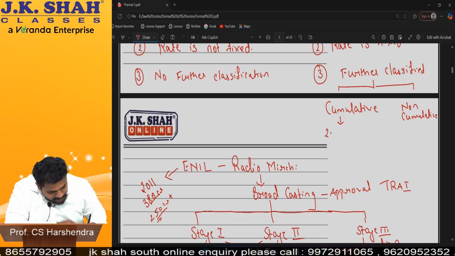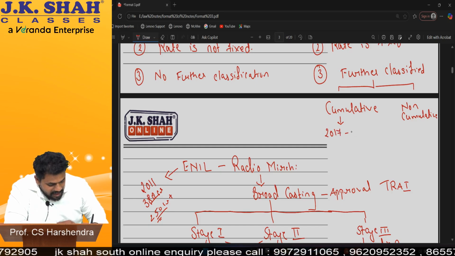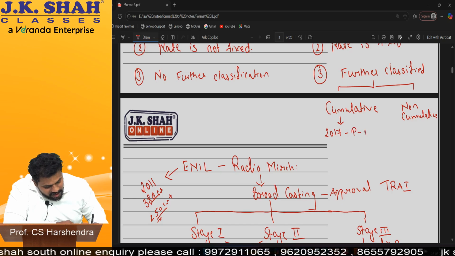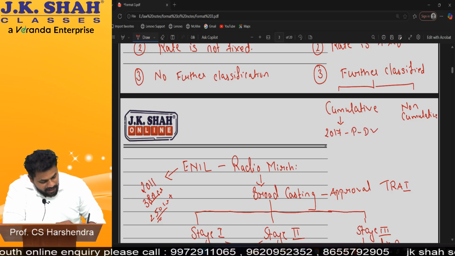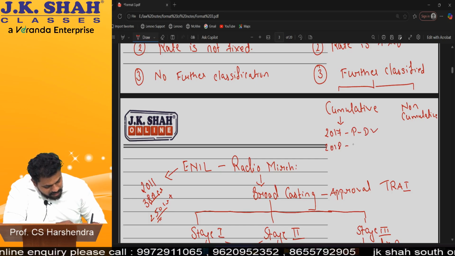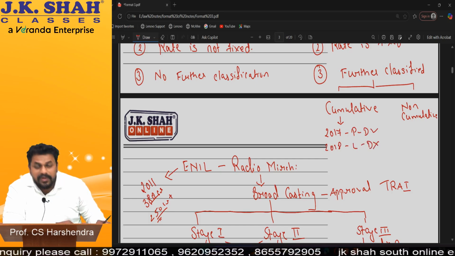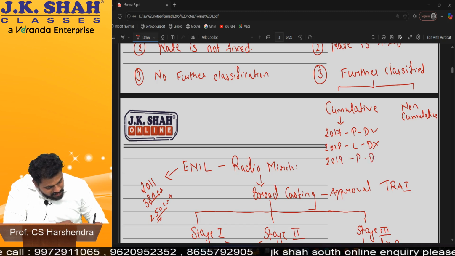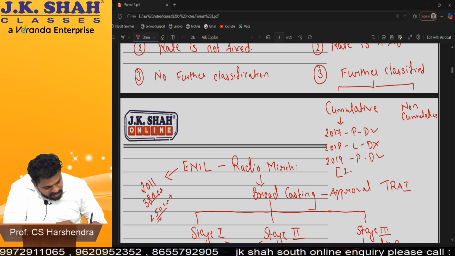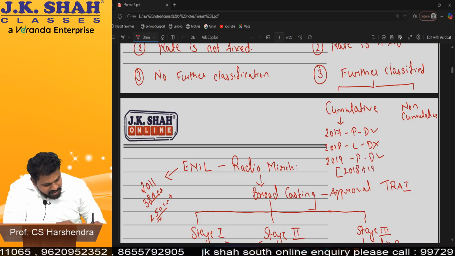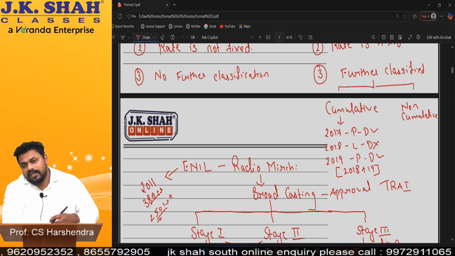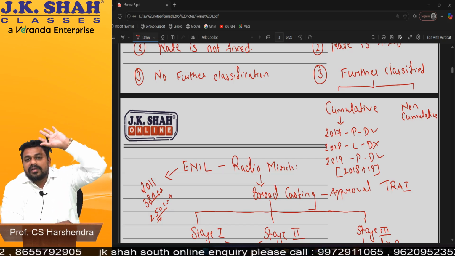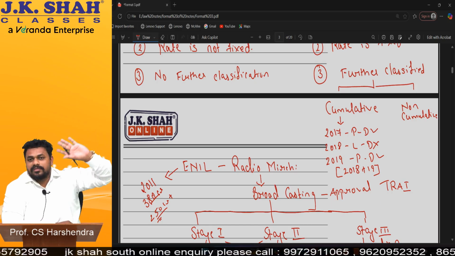So for example, in the year 2017, I purchased preference shares the company had issued. And there was profit and dividend was given to us. In 2018 there was no profit, there was loss, so no dividend was given to us. But in 2019 there was profit, and the dividend was given to us. We'll get 2018 also, plus 2019's dividend also. Dividend will be cumulated. Am I clear with this? Then at the time of redemption you will get it, maybe next year or at the time of redemption, but you will get it, don't worry.